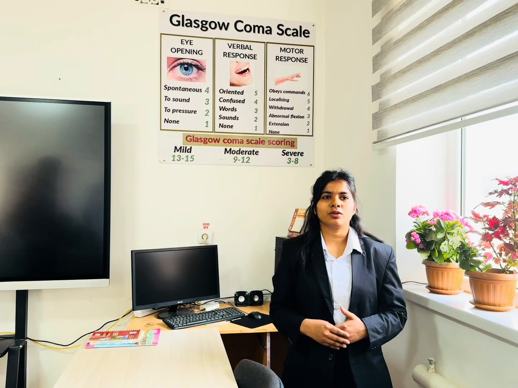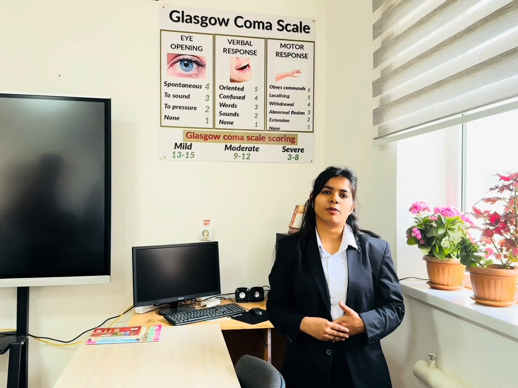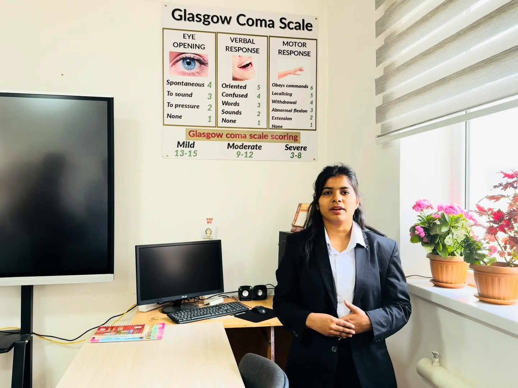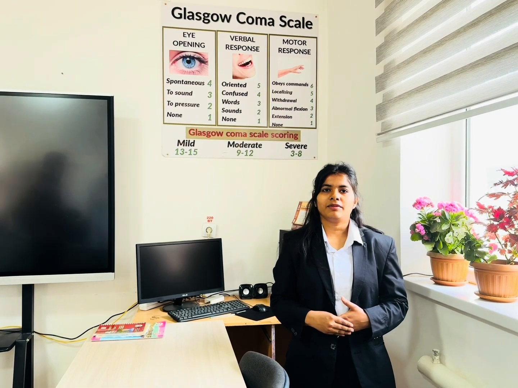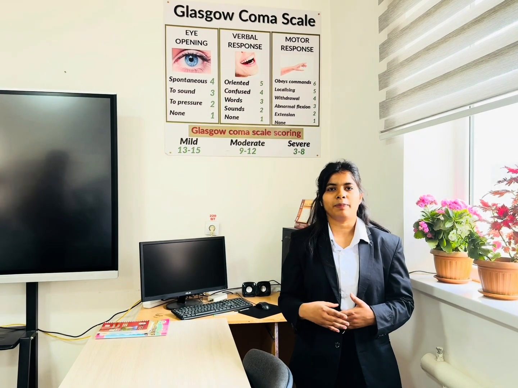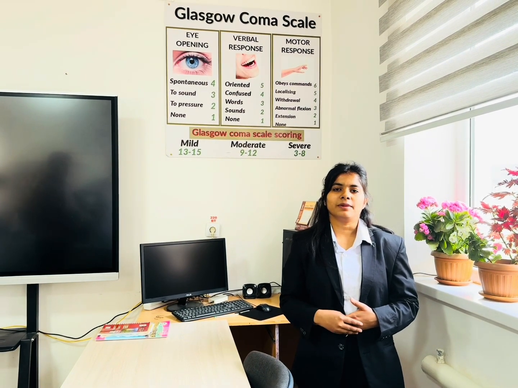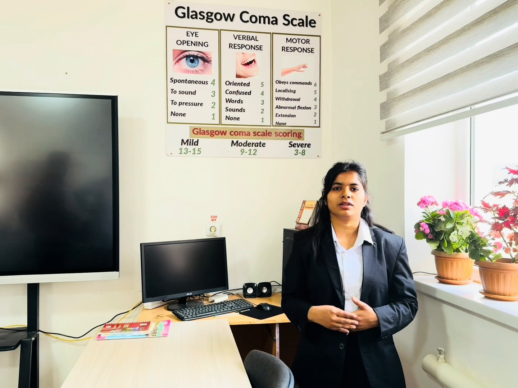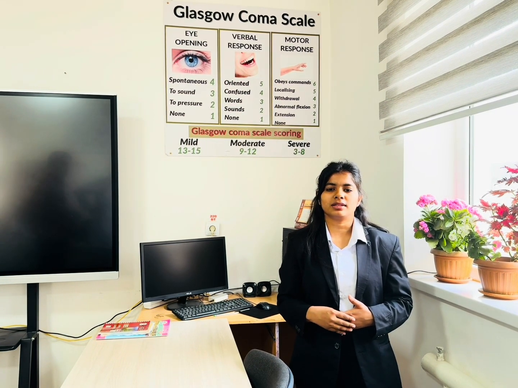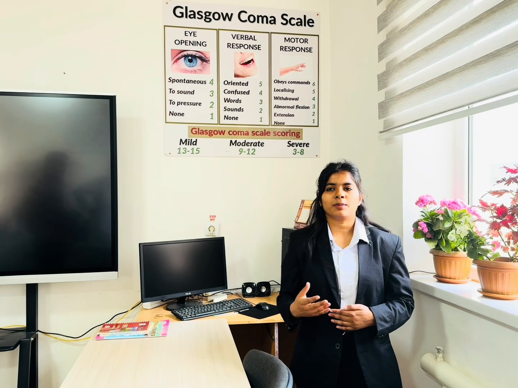Score 6 is given to the patient when he obeys commands for normal stimuli like lifting of the arm and hands. Score 5 is given for localization of pain, in which the patient purposefully moves to stop the stimuli of painful sensation. Score 4 is given for withdrawal from pain, in which the patient pulls his arm away in the opposite direction of